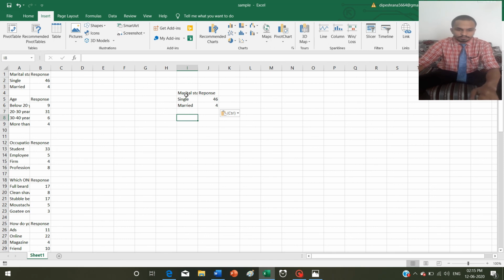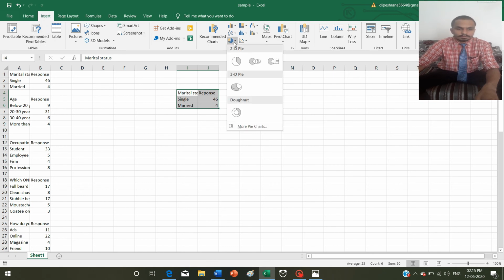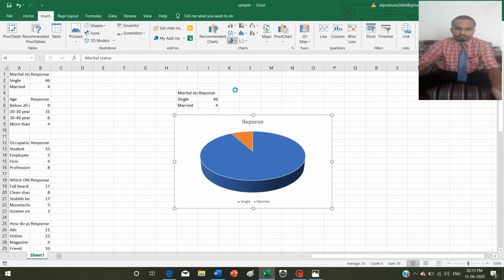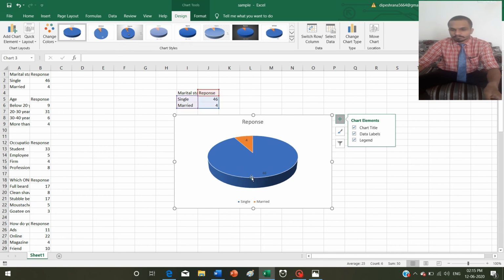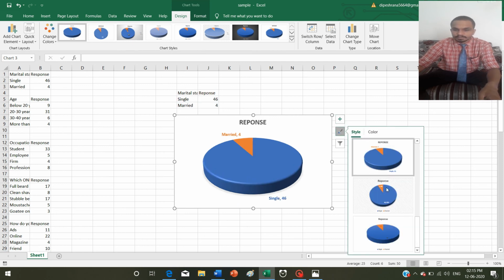Copy this table, Control C. Select the table, then insert, then go to pie, donut or pie, whatever you want. Let's take pie. Then I wanted to give them labels, so you can see 46 responses were single and 4% were married responses.